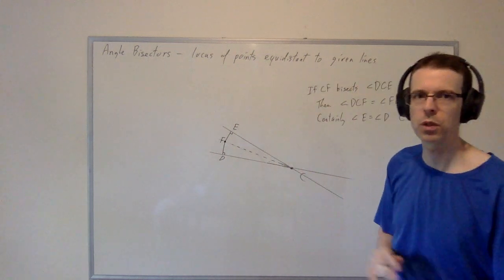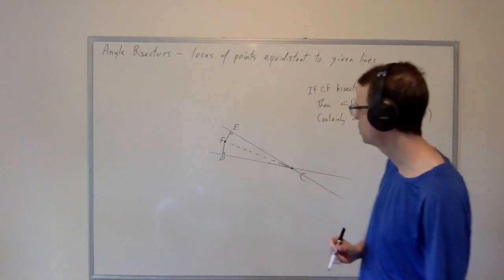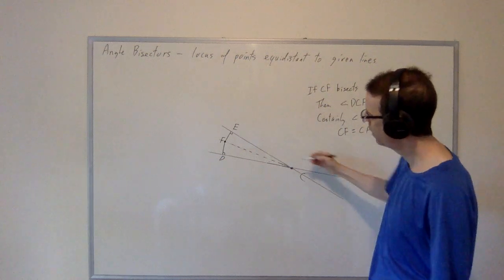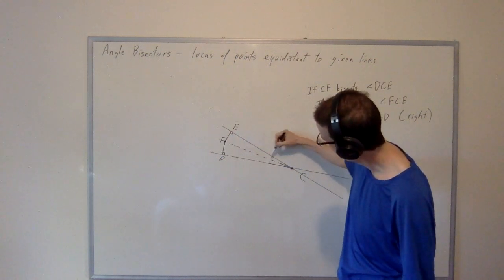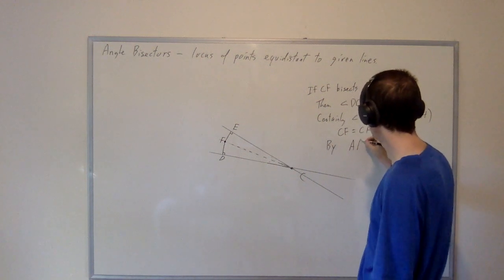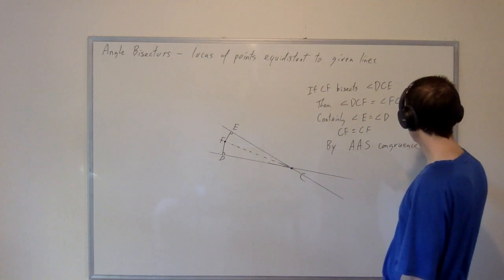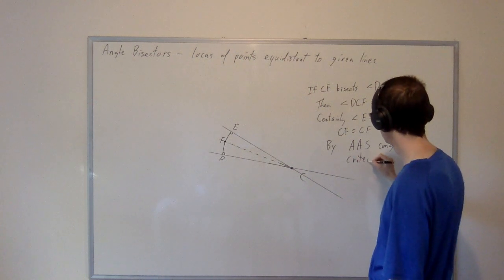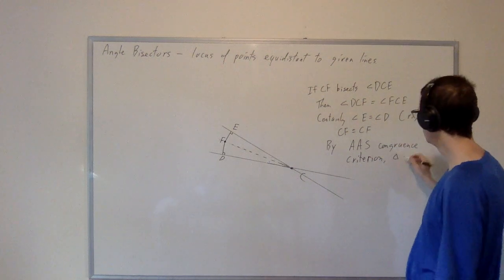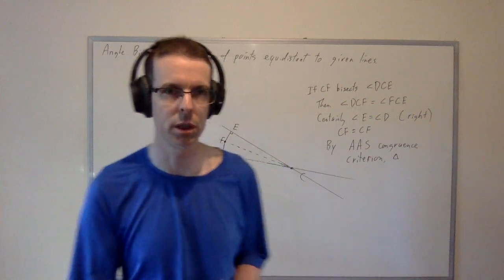Do we have any more feature equalities in these triangles? Well, certainly, because we have CF, which is shared between the triangles. So CF equals CF. And that gives us one side and an angle and another angle. And so by the angle-side congruence criterion, we have triangle congruence. And now I want to remind you that whenever we name a triangle congruence,